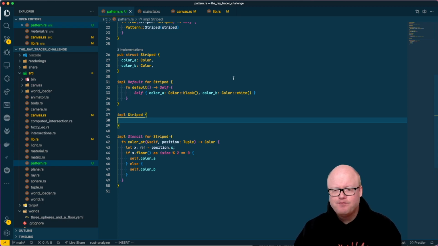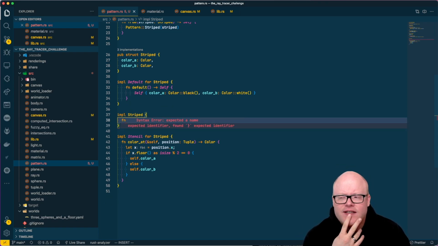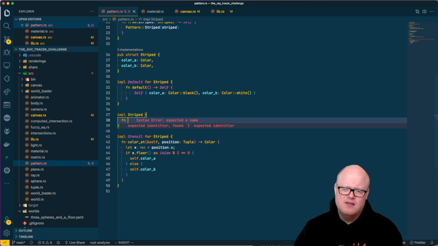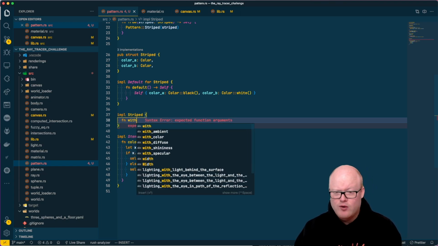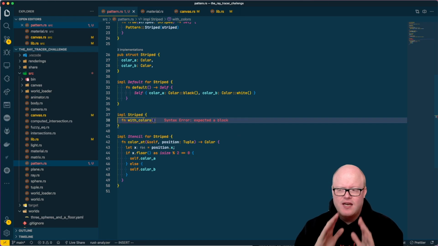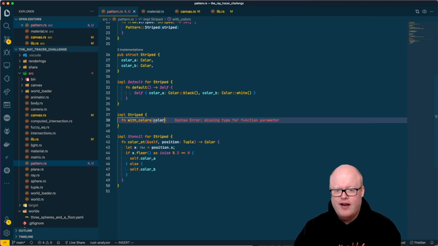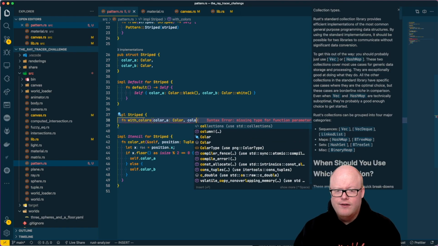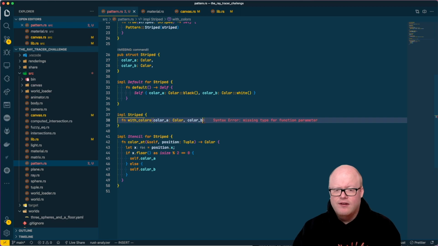We would need then fn. Do we want to be able to differentiate and instantiate it with different colors so that we only override one of those? I guess this doesn't make a lot of sense. So I guess we only want with colors then, because either you're using the default or you are overriding both of the striped colors. So color A is a color there, and color B is a color as well,